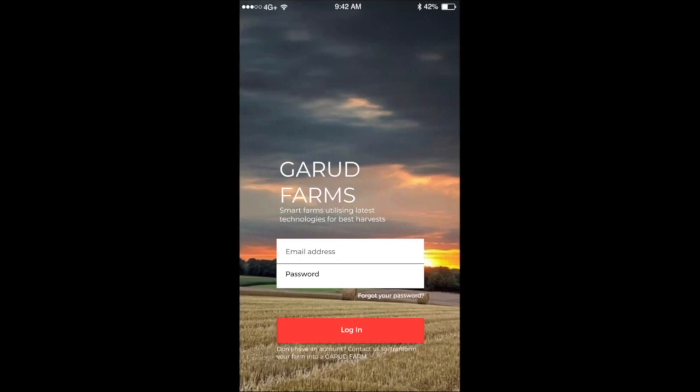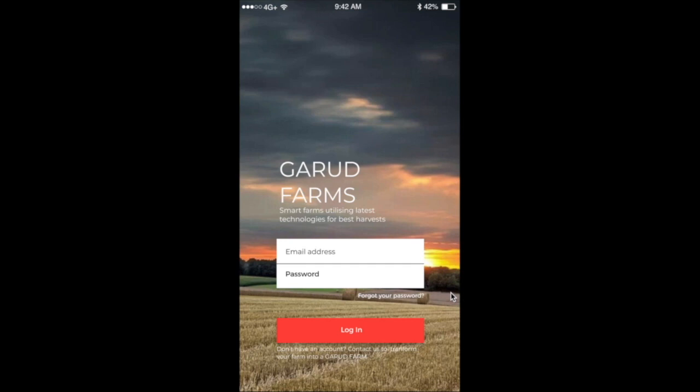The Garud app is an integral part of our product. When a farmer buys a Garud ornithopter and decides to transform his farm into a smart Garud farm, he gets unique login credentials which he can use to log into the Garud app. The app provides several benefits to farmers and has been designed keeping in mind ease of use for the farmers. The app has an option to select language and will be supporting a large number of languages in regional dialects